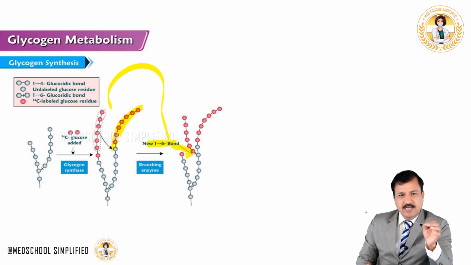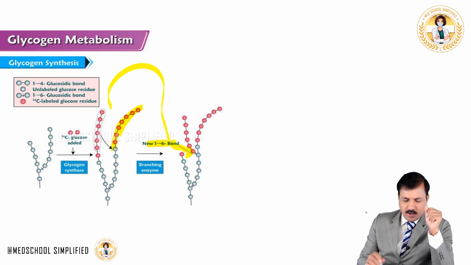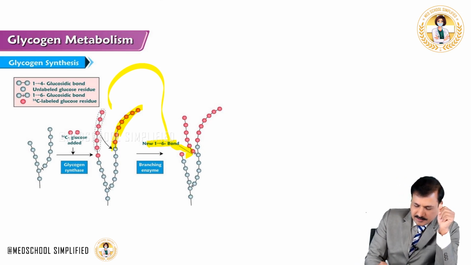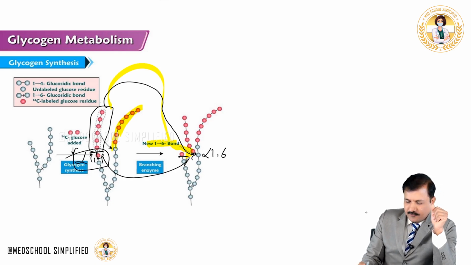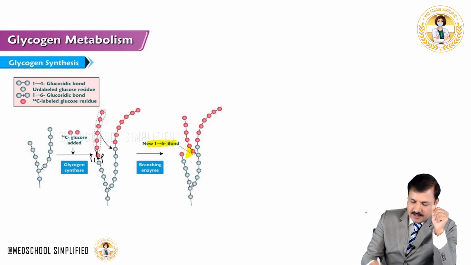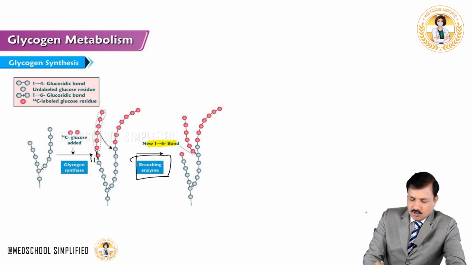So the branching enzyme is going to break an alpha-1,4 bond. Here is the alpha-1,4 bond that it is breaking. It's going to break this alpha-1,4 bond, take this entire unit, and transfer it here and create an alpha-1,6 bond there. So the alpha-1,4 bond is broken here, creating an alpha-1,6 bond. And this type of bond formation is done by the branching enzyme, and that is why the branching enzyme is also called